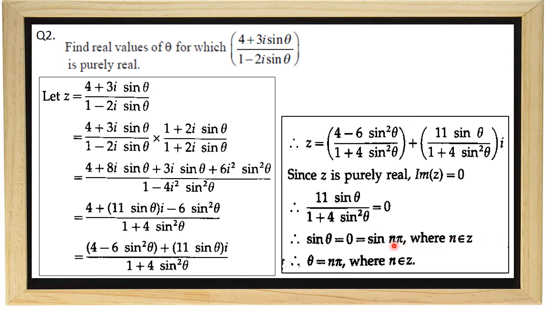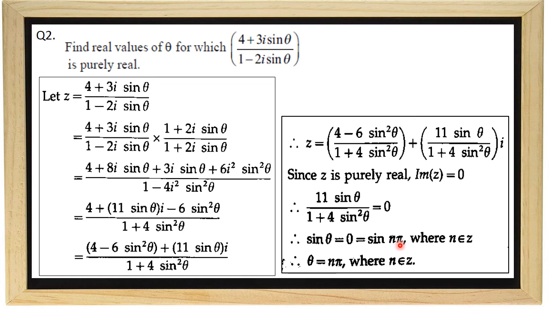If n = 0, we get 0 times pi, and sin 0 is 0. If n = 1, we get sin pi, which is sin 180, and that is also 0. If n = 2, it is 360, which comes back to the initial arm. Again sin pi = 0, sin 2 pi = 0, and sin 3 pi = 0.